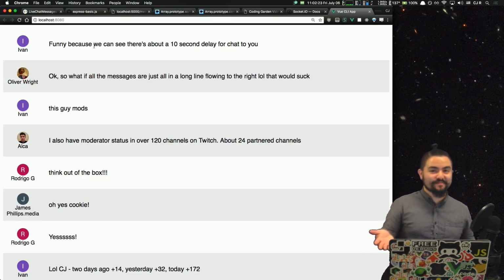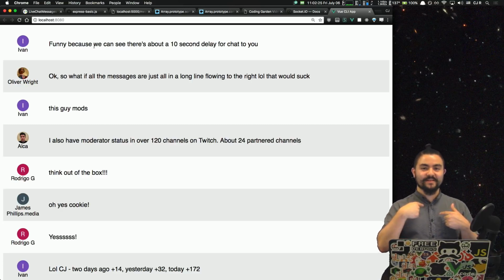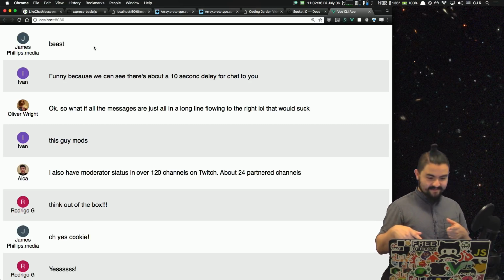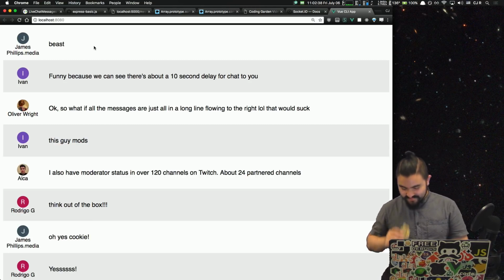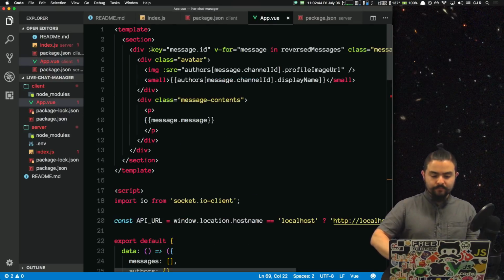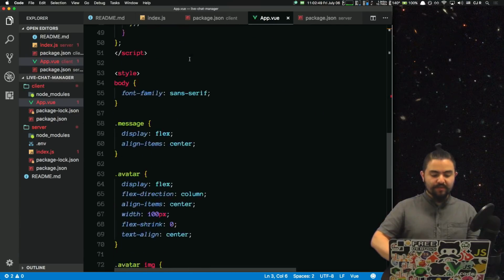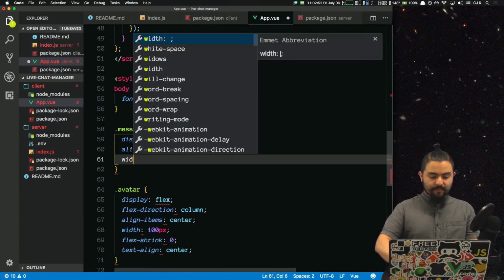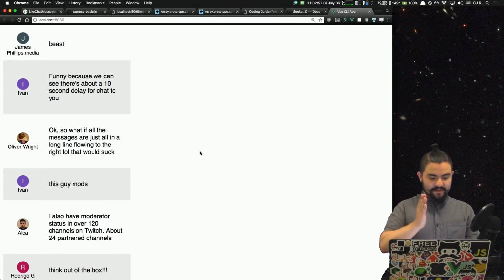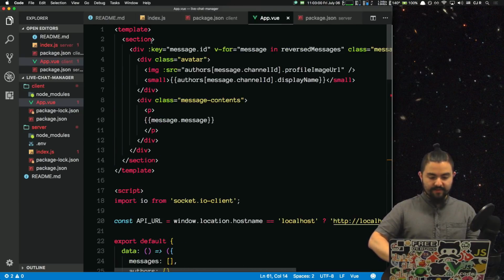And this is one thing I've never done before either, putting the chat messages on my screen. Because then you can see, I guess, how delayed. I don't know. Let's mess around with the styles though. So this element is message. What if we gave message a width of 33%? Okay, now it's tiny like that. Now what if we then